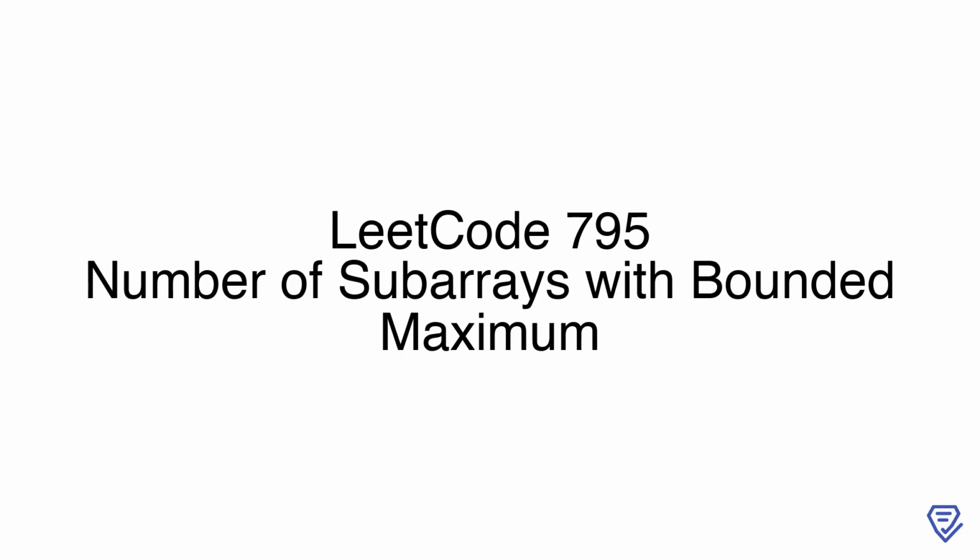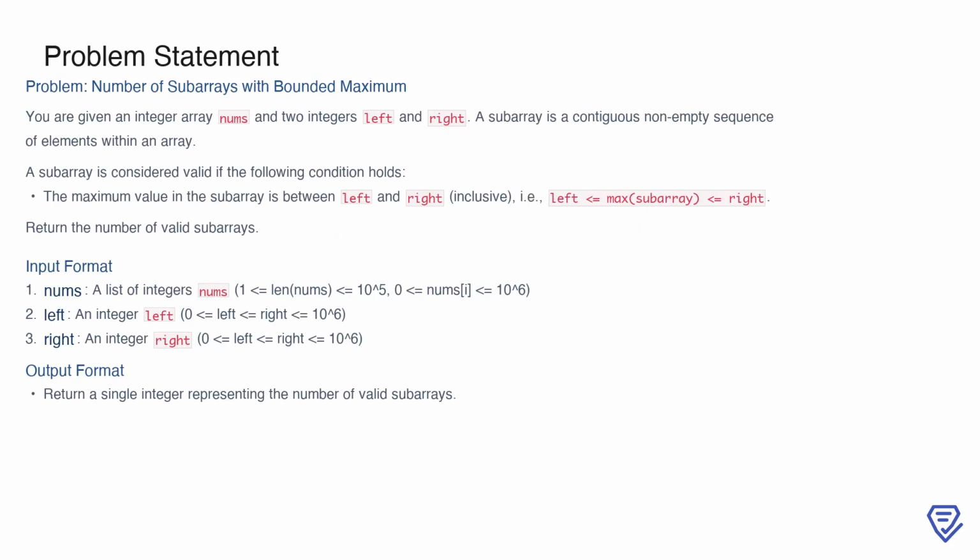Welcome! In this session, we'll dive into LeetCode problem number 795, titled Number of Subarrays with Bounded Maximum. We'll explore how to efficiently count subarrays that meet specific constraints and highlight the key concepts involved. Let's get started. In this problem, we are tasked with finding the number of valid subarrays within a given array